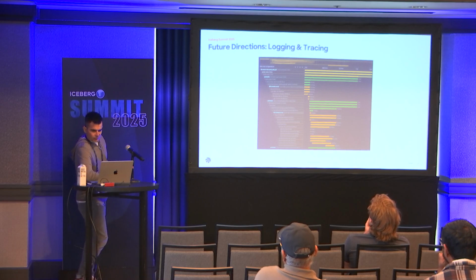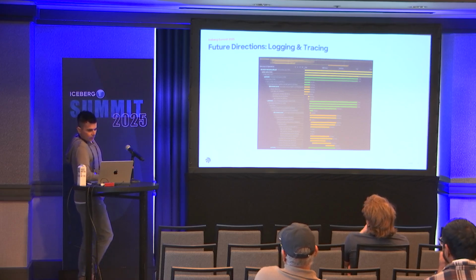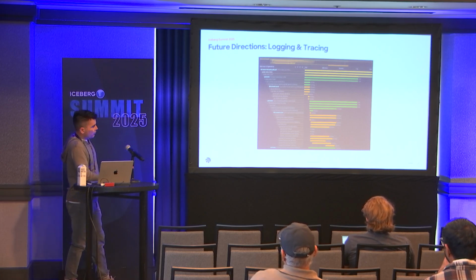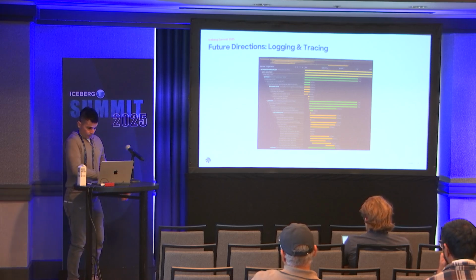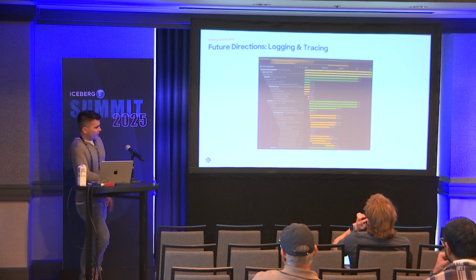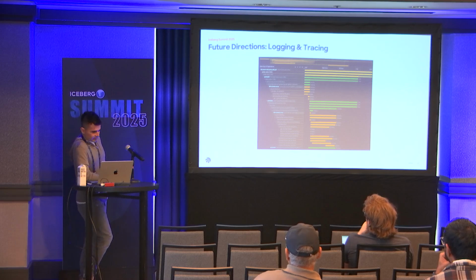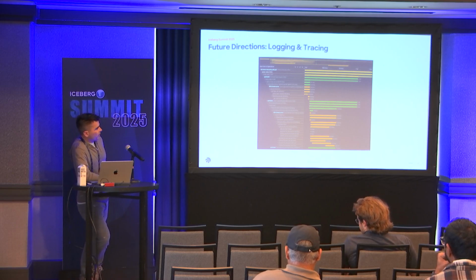So the Iceberg-Rust developers have recently agreed on an approach for distributed tracing using the tracing crate from Tokio. We've already been using this locally in our Iceberg-Rust fork, collecting the traces as OpenTelemetry traces and exporting them via OTLP. And we're also able to propagate the trace context from the Python service, in which we have the Python client, over the language layer into the Rust client, then across gRPC into the Cheetah server, and then into Iceberg-Rust itself. So we're able to get quite good insight on distributed traces across the full lifetime of